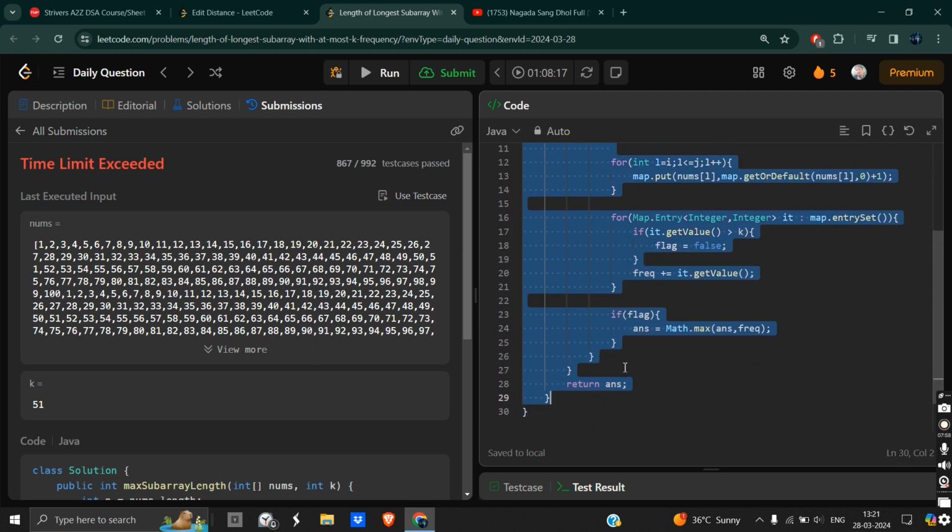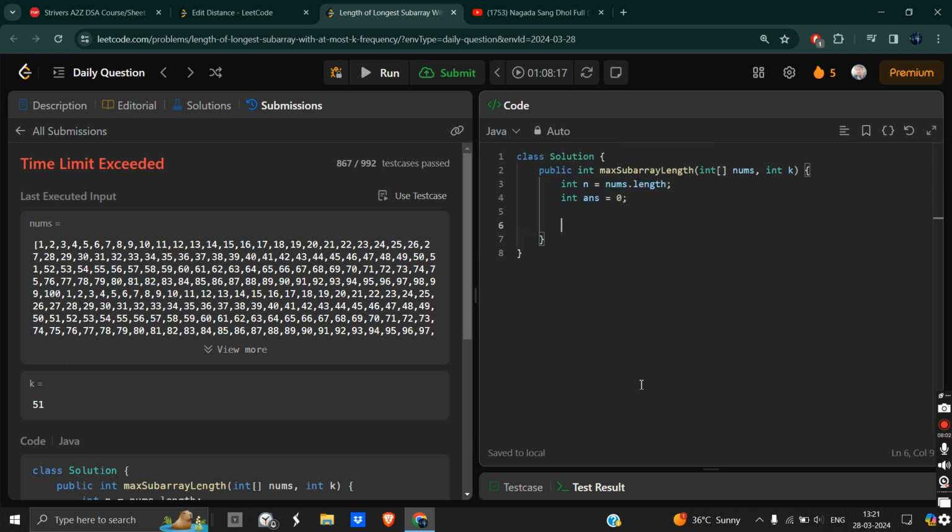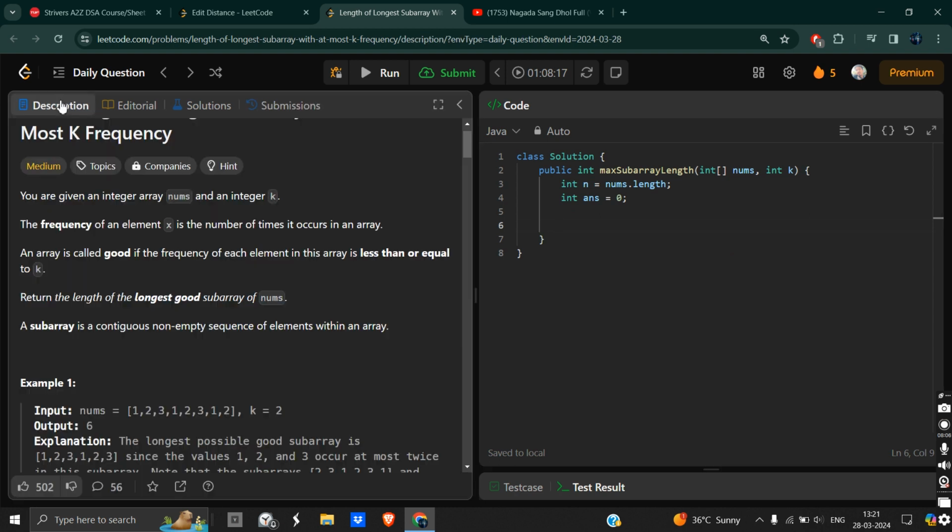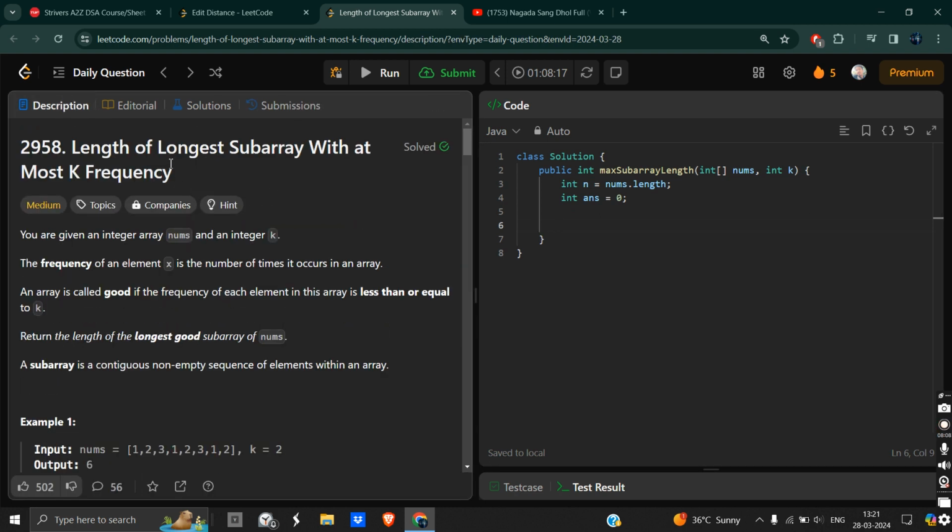So okay, let us remove this code. If you know the concept of sliding window, then you can identify that it is saying we have to find the longest subarray with at most k frequency. It is giving k frequency, so it is basically sliding window, and longest subarray, it is giving subarray. So we can identify that this problem is of